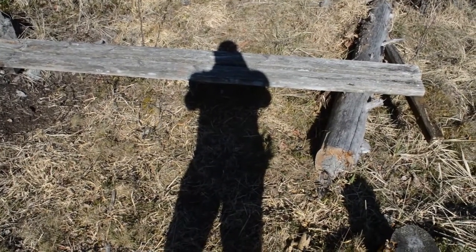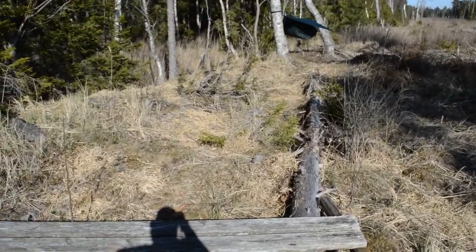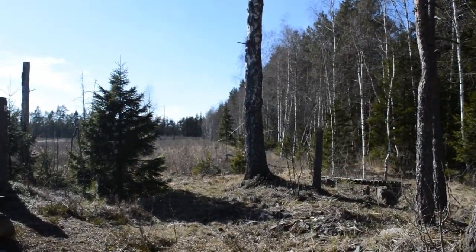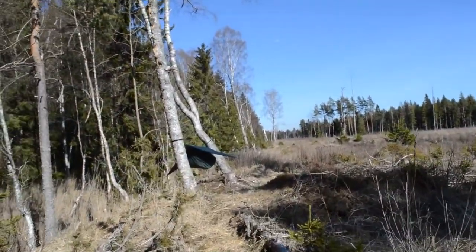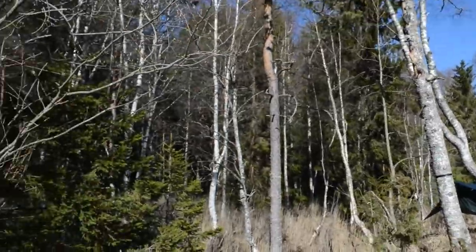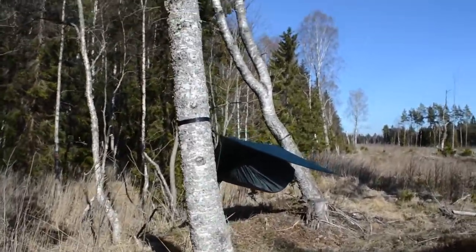Yep, here's my shadow. It's a sunny day, and it's the 5th of May, 24 degrees, and wonderful weather. It's not gonna be so cold tonight. I took a look at my cell phone. It's gonna be around about 10 degrees plus Celsius, and actually